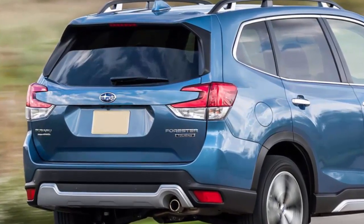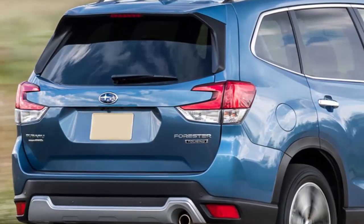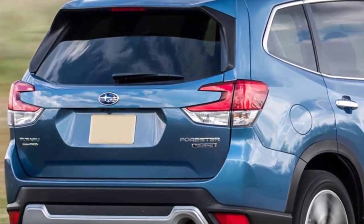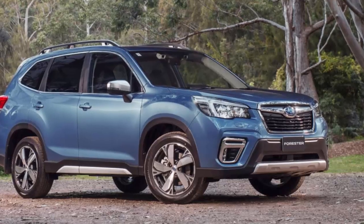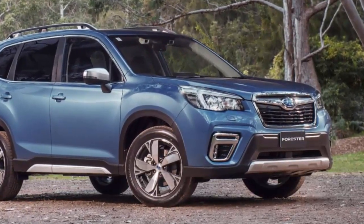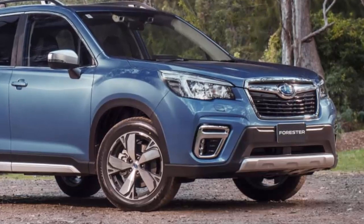The 2.0-litre Boxer engine comes mated with a Lineartronic continuously variable transmission that is lighter and more efficient than the outgoing model. Subaru says it's been improved to better match engine noise and deliver a more silent driving experience. Subaru South Africa released fuel mileage figures of 7.6 litres per 100 kilometers, a 13% improvement over the previous generation